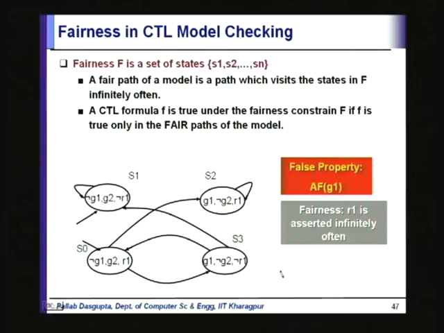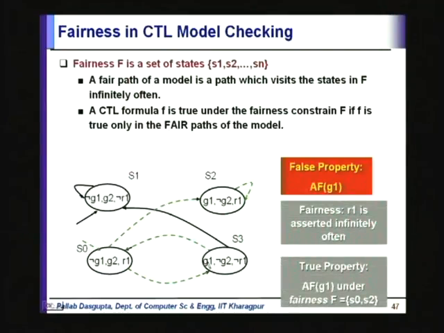So, under the fairness assumption that R1 is asserted infinitely often, this becomes the restricted structure, only the dashed edges, right. Now, if you look at this restricted structure, then AFG1 is true under this,